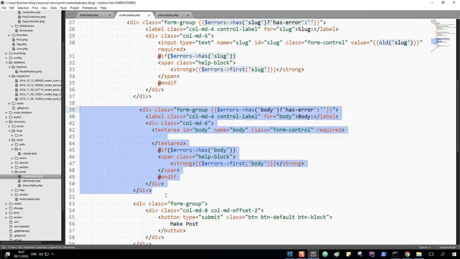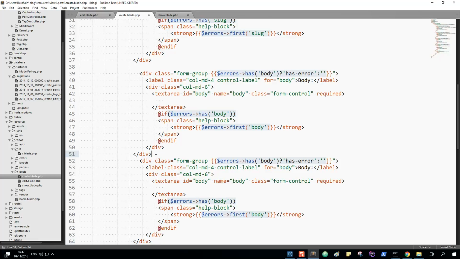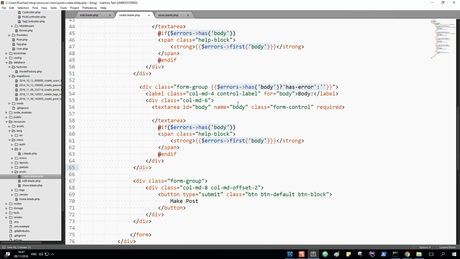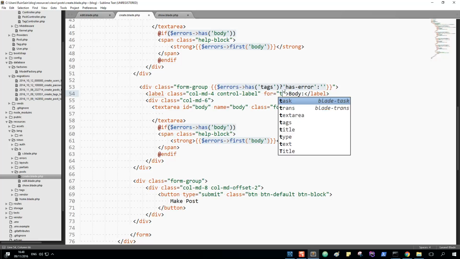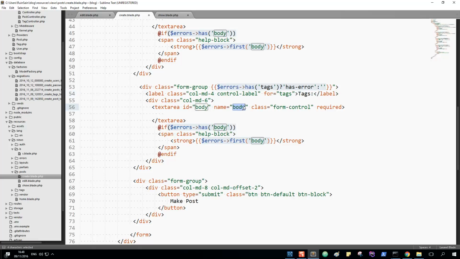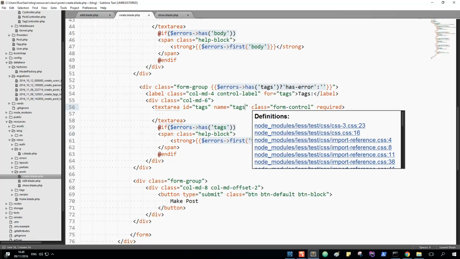Let's copy this one and let's paste it here with some space. And okay, in here forms, let's change it into tags. Okay, what else? Tag for tags and tags label, tags. And so this tags and tags, and what we basically want is the name because it is a multiple choice of